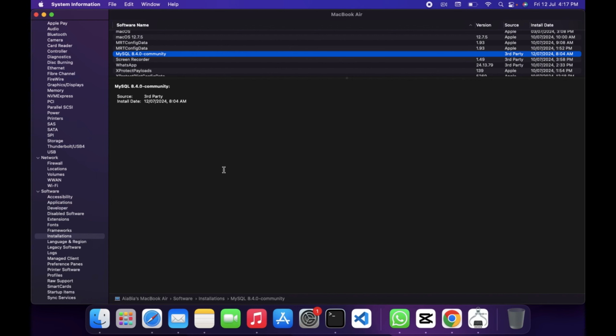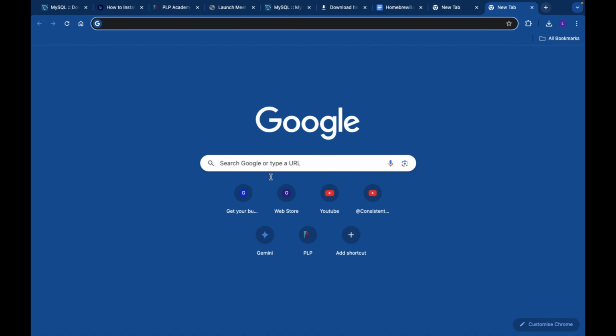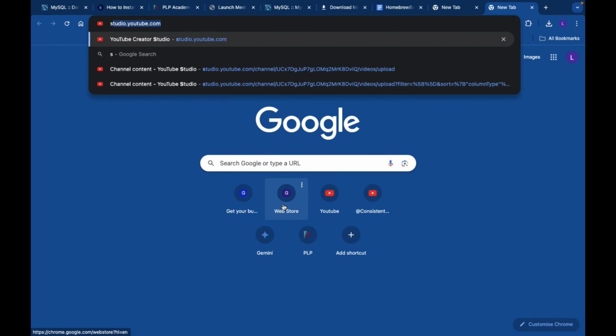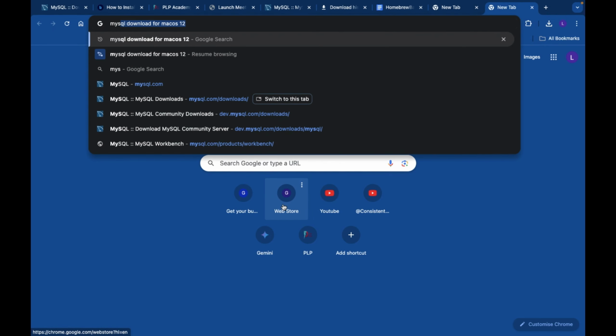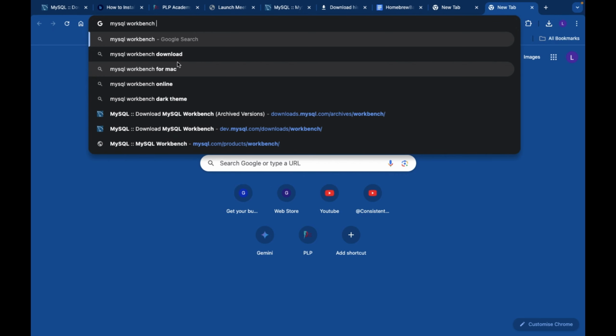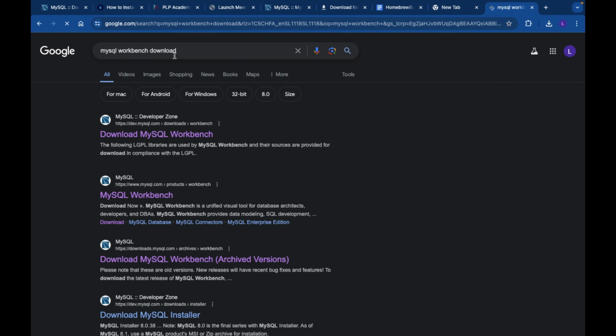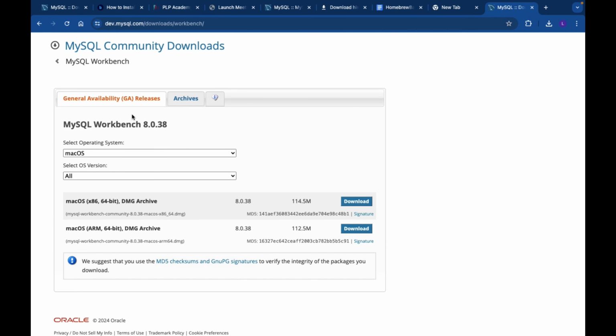For you to download MySQL Workbench, you can open your browser and just search for MySQL Workbench download. So you can just click here, but I'll make sure that I leave this link in the description below. And this is the site for MySQL Workbench